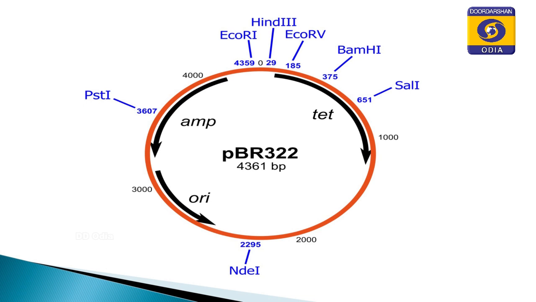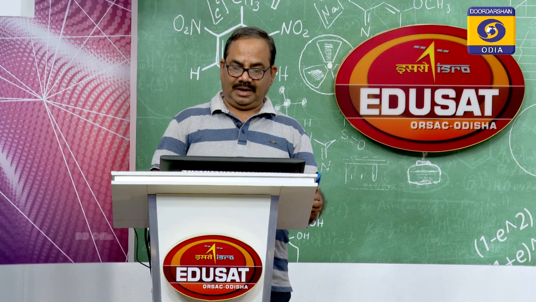Any of these restriction endonucleases, if we take, will cut a nick over there, and that is the site where we can introduce the foreign DNA and get a chimera, a recombinant plasmid. Once this vector is ready, we put this vector into the host cell and try to see whether this is a transformed cell having the foreign DNA inside. And then we shall see